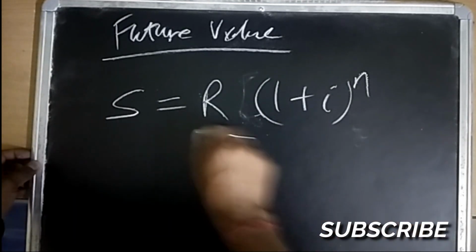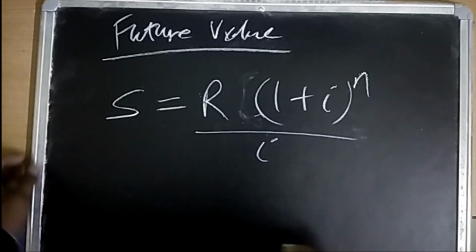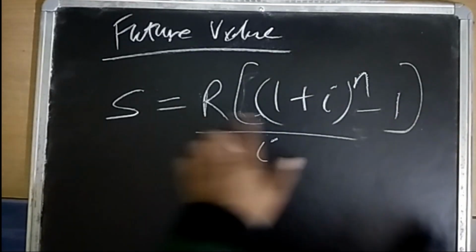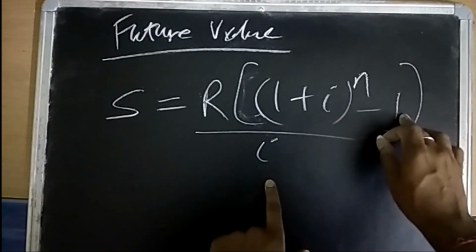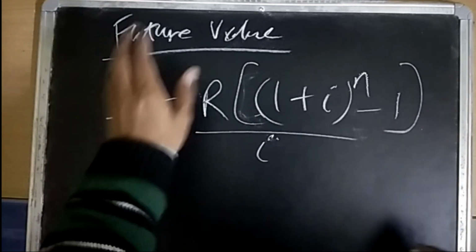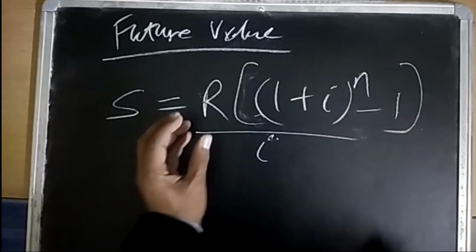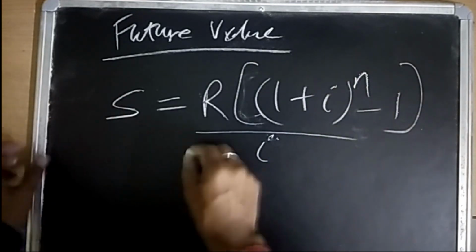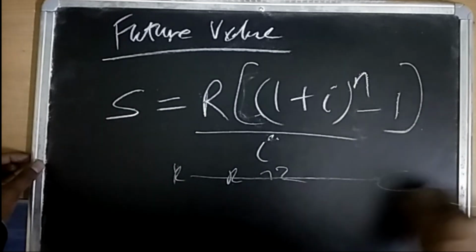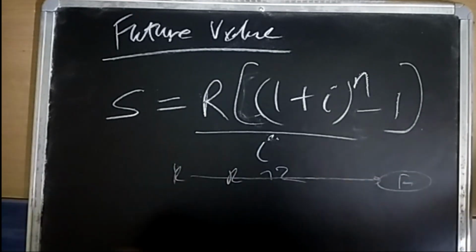What we do is that we take it divided by I and minus 1. So the compounded thing only, but just the minus 1 and divide it with I. Okay, this is the yearly investment to the future. So R yearly sum to the future. So this S is the future,